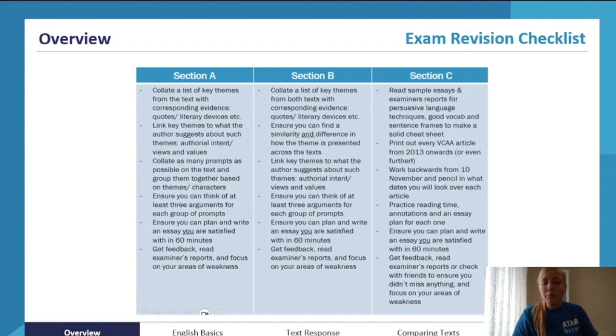Print out all of the VCAA past exam articles from 2013 because that's just the most recent. You could go back even further and do a plan and analysis of all of those. Try to annotate them, plan for them. You can pretend to give yourself reading time where you can't write, so you can practice planning in your head and then having to write things down. Look for the arguments, look for the contentions, plan for the introduction elements that need to be included.